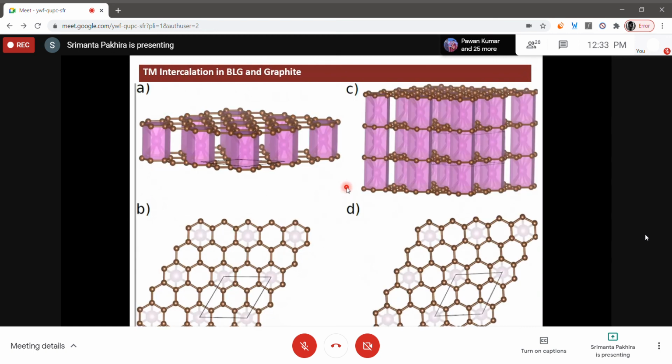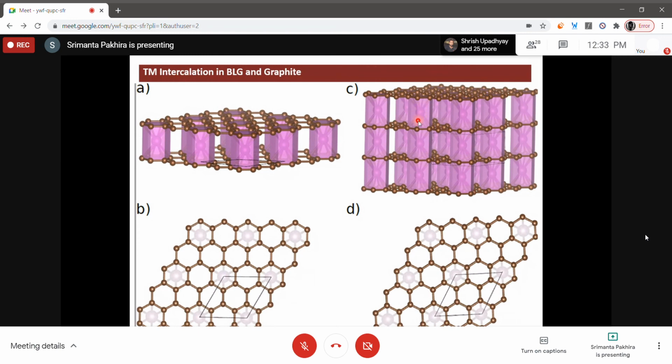Okay. Then what we did, instead of 2D calculation, we continued our calculation in 3D. This is the 2D structure. This is the 3D structure. This is called the side view. These are the top view. So when it is a 3D structure, it is not going to be only a single layer. It will have many layers. This is the same multi-layer structure for the rest of the transition metals, including vanadium.